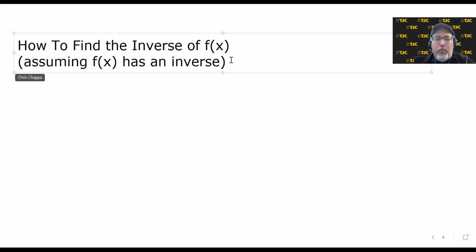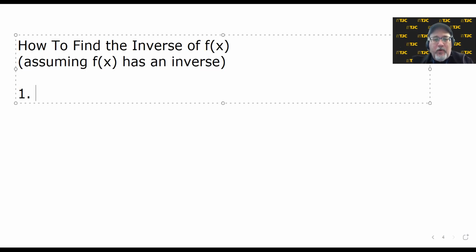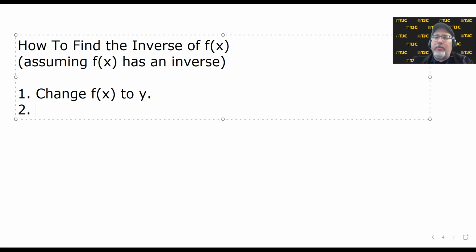All right, step 1. Let's change that verb. Let's say change f of x to, well, I want to change it to something that it represents, and it always represents a y coordinate, so we're going to change that to y. Okay. Number 2,